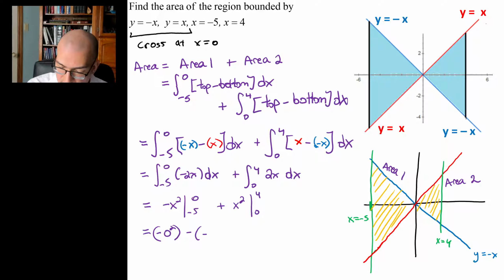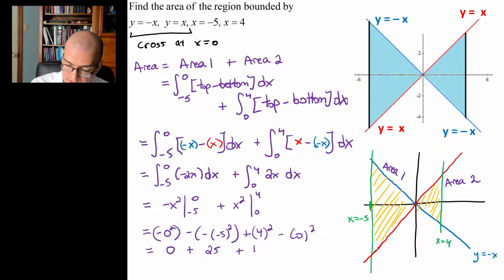minus negative 5 squared plus 4 squared minus 0 squared. Okay, so we have 0, and then we have negative, negative, so positive of negative 5 squared, so positive of 25, positive of 16 minus 0, and we end up with the final answer of 41, which I invite you to